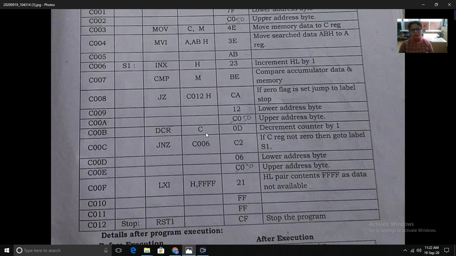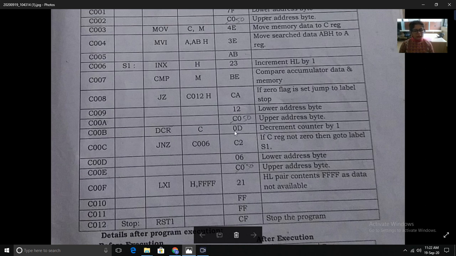Because we have a total of 5 elements, after one search the counter will become 4. It means 4 elements are left, then 3, then 2, then 1, and so on. When the count completes, it means we have completed the list and the item was not found. That's why we are using decrement to decrement the value of C, because the length of block was stored in C.